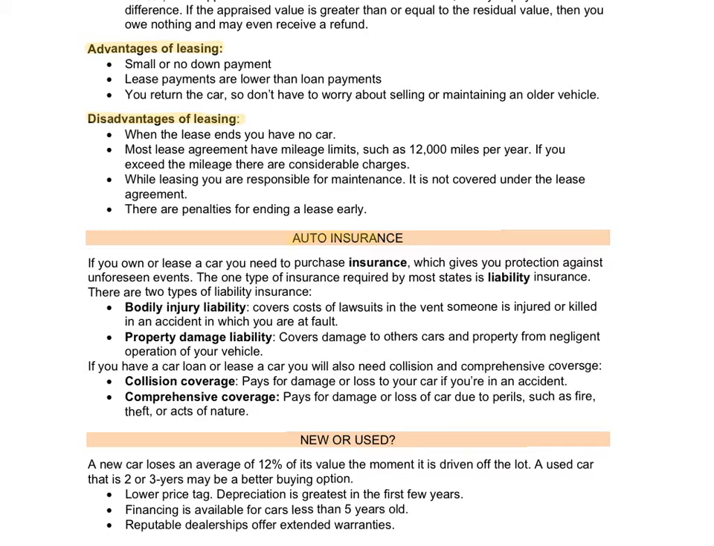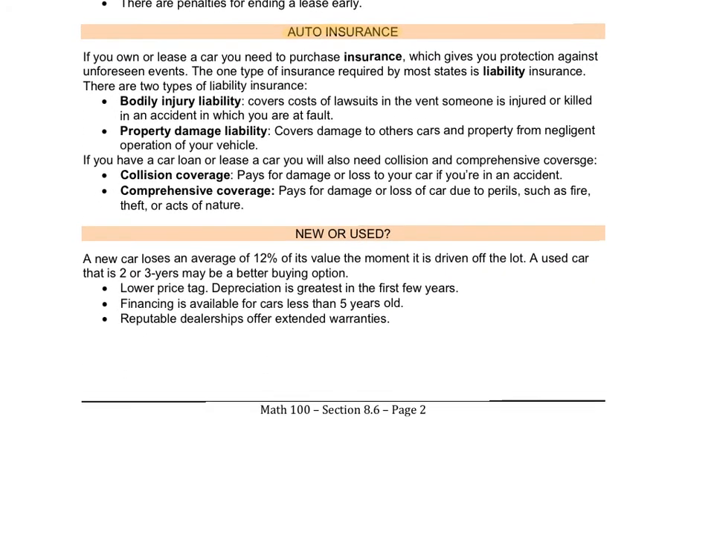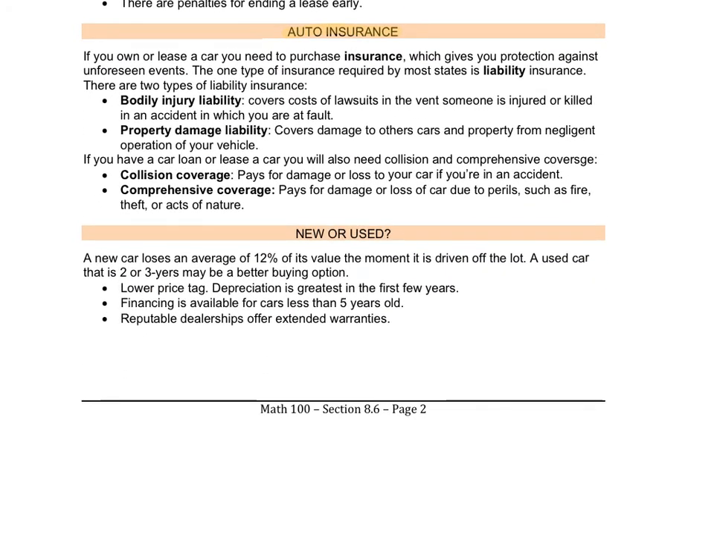Something else that comes up when we talk about cars is auto insurance. So if you do own or lease a car, you do need to purchase insurance. So that would give you protection against unforeseen events. The one that's required in most states, so it just depends on the state you're in, is liability insurance. So Hawaii has that requirement. And there's two types of liability insurance: bodily injury liability. So that would cover the cost of